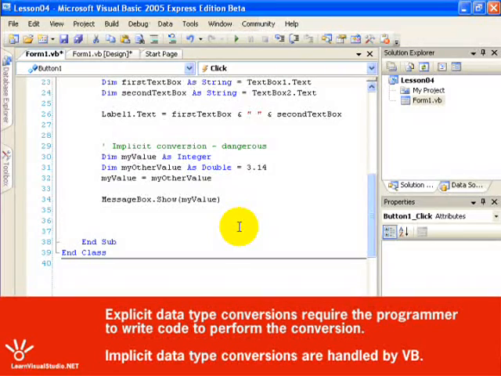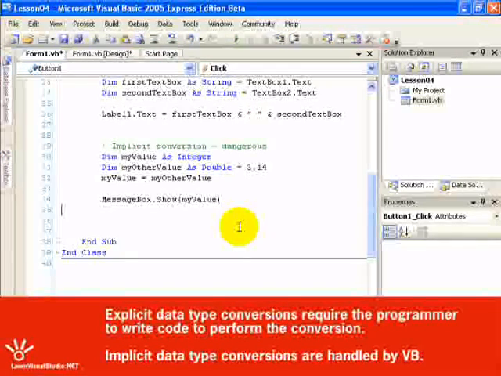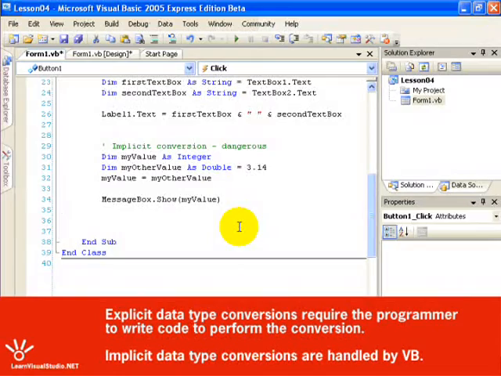Where's the first implicit conversion? In line 32, where I am taking a double, which, as you know, can be a larger value. It can store quite a bit more information than an integer can, which means that we can pack so many numbers into that when we go to convert it to an integer, it simply won't fit into that spot in the computer's memory. And we can also put values after the decimal point. In this case, I've initialized myOtherValue to 3.14. Now, what will happen whenever we try to do this implicit conversion? What will the Visual Basic compiler